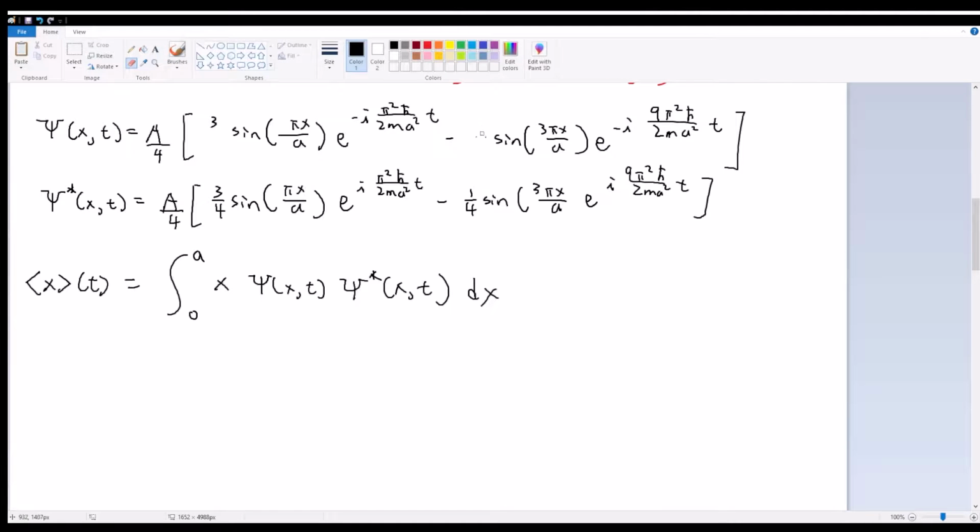So this is going to be 3, this is going to be 1, this is going to be 3, this is just going to be 1. I'm going to move the 3 down to make this a little neater. Okay, so this is going to be equal to a squared over 16 times the integral from 0 to a of x times, multiplying these together, we get 9 sine squared pi x over a, the exponentials cancel out to 1, then subtracted by